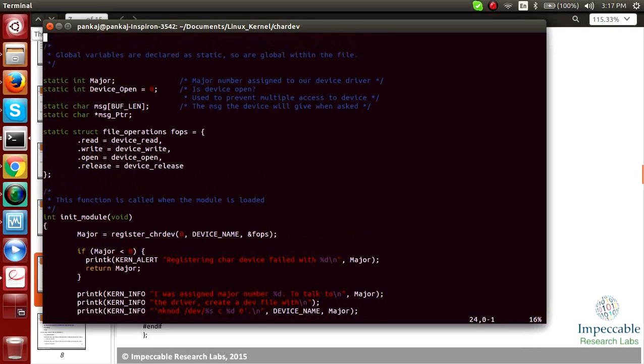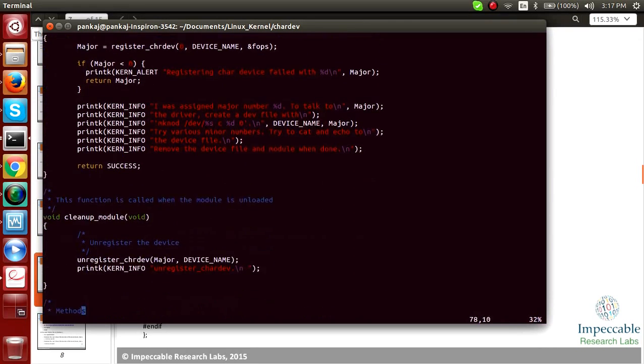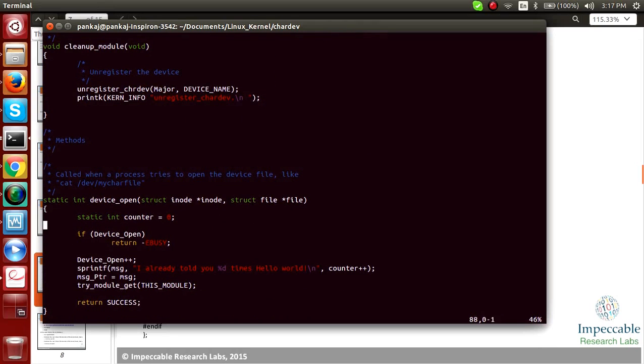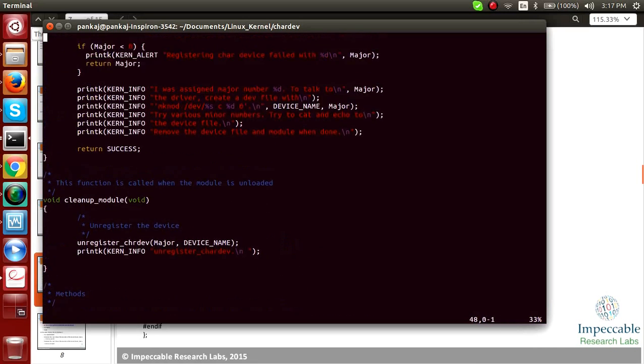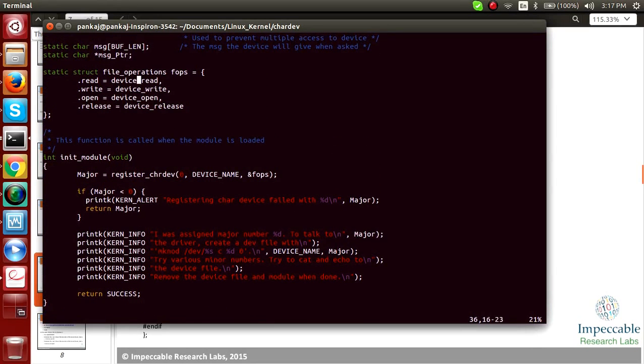Another thing we have done is we have the file operations structure, where we initialize read, write, open and release functions, and we have written these functions here, that what it has to do. It is just a dummy thing, but if you have real physical hardware, you can write, read, and do multiple operations for that particular device on the particular function call.